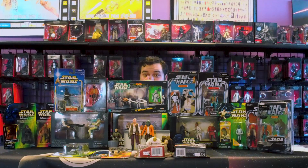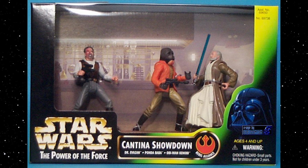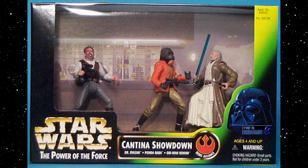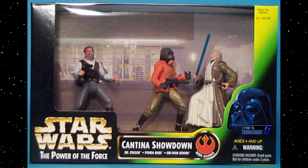I said Hasbro kind of started off the whole diorama thing, and while you could kind of argue that Kenner did when they did the Cantina Showdown figure pack that's right here in front of me, you could make that argument. However, there's not really any diorama pieces. You got a cardboard backdrop. You've got a figure stand that all 3 figures could stand on. But that's really about it. And then, of course, Hasbro perfected that later with their...